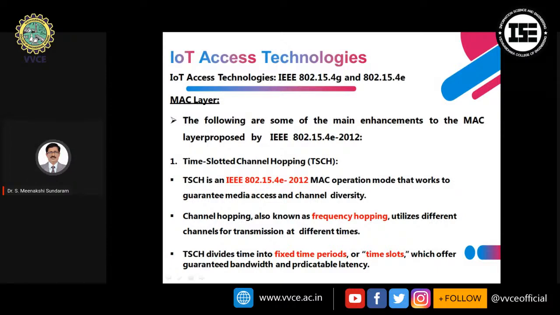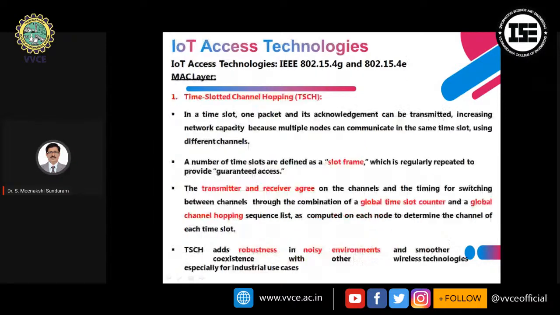Channel hopping is also known as frequency hopping. It utilizes different channels for transmission at different times. TSCH divides time into fixed time periods or time slots which offer guaranteed bandwidth and predictable latency. The number of time slots are defined as time slot frames, where we are able to guarantee access; the transmitter and receivers agree on the channels for the timing and switching between channels,